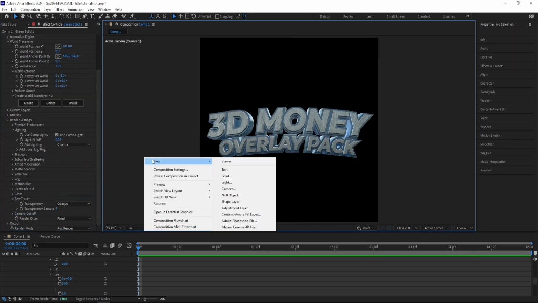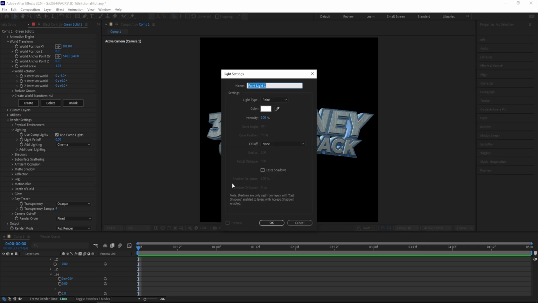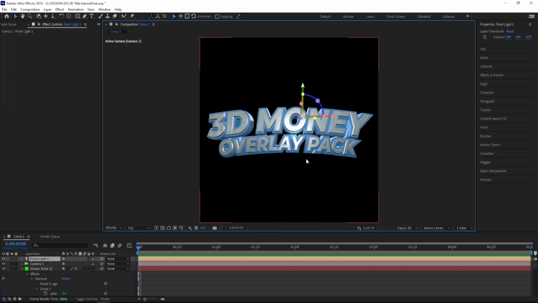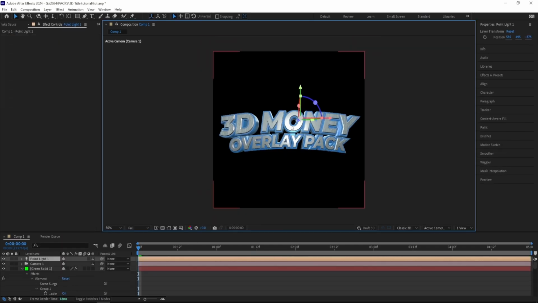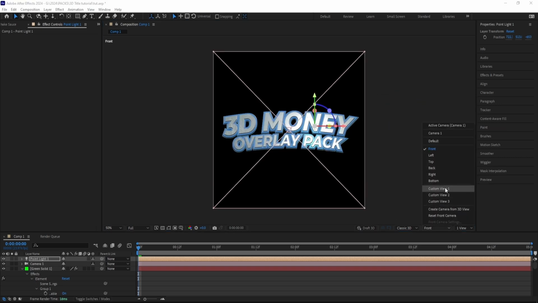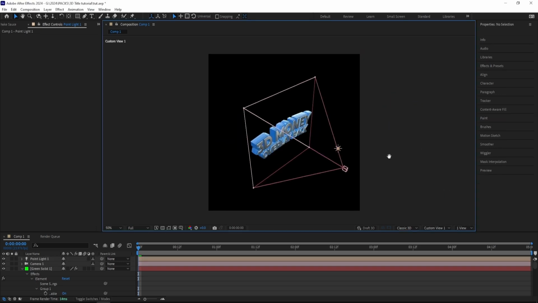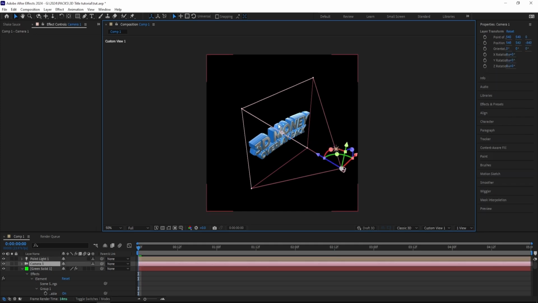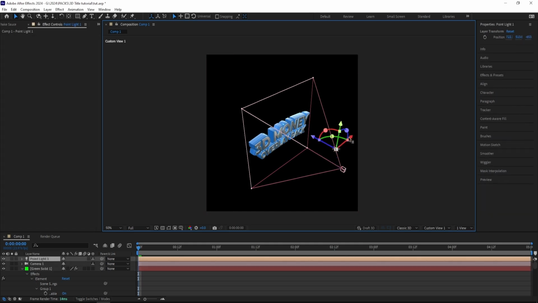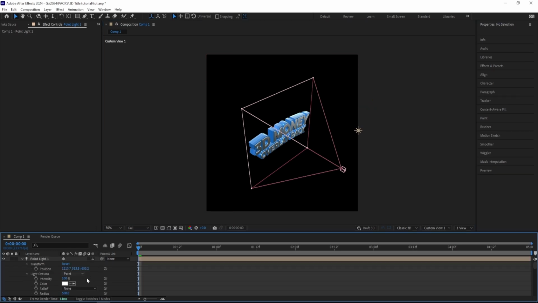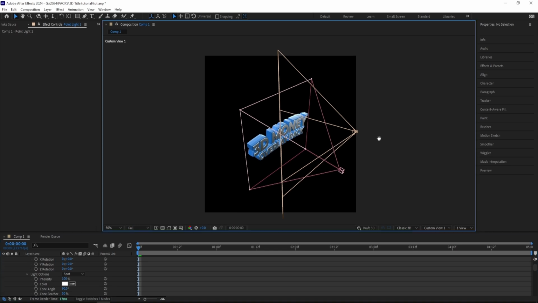Next up, I'll be adding in a new light, and I'll be using a point light. And as you can see right now, it's really bright and it's just hitting right on. So I'll be moving this one back a little bit. You can go to your other camera views, like custom view right here, and you can see where the light is. Here's the camera and here's the text. So I'll be moving the light a little bit to the side right here. And then go down to the settings right here, and I can actually change it to a point light. I think that would work a little bit better,